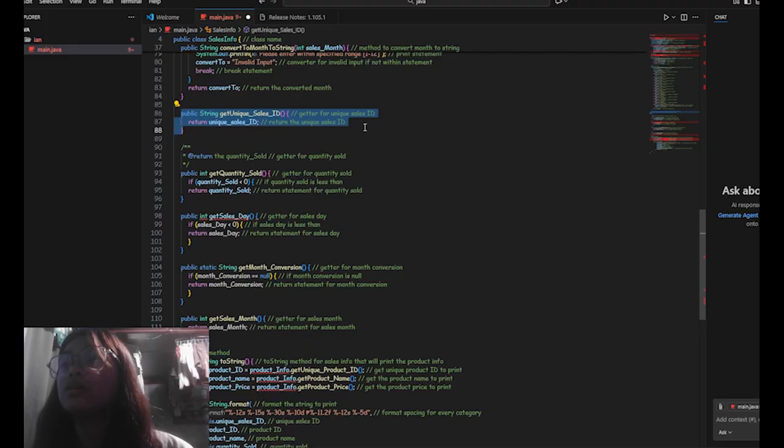Public unique sales. This getter returns the unique sales ID and sends back the sales ID value.